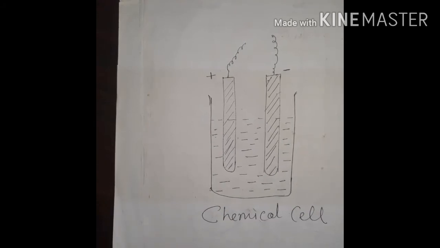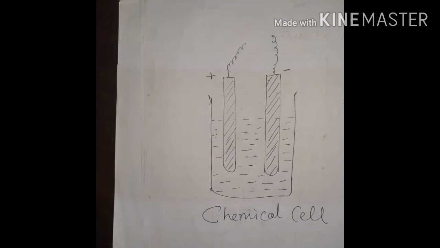Today we are going to study about the internal resistance of a chemical cell, or simply a cell. What it is, how it affects the flow of current, and on what factors it depends. So today in this video we shall discuss all those main things. First, let's understand